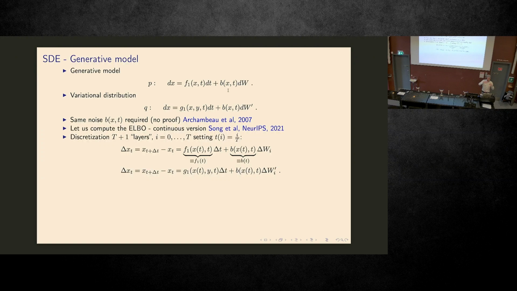So the two processes have to balance. And you can ask, how do we actually calculate an ELBO for continuous time? One way is to use different theorems from stochastic calculus, but you can also do it simply by going back to what we did in the VDM and discretizing